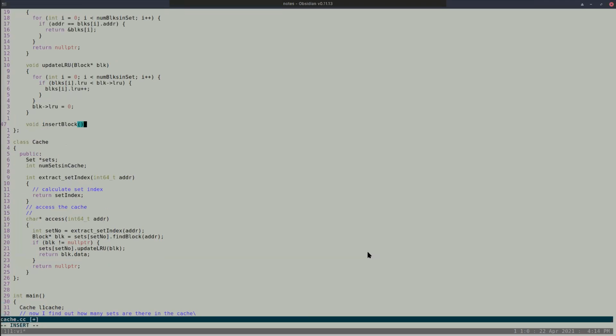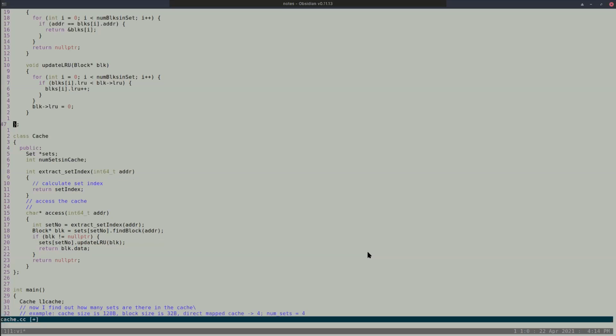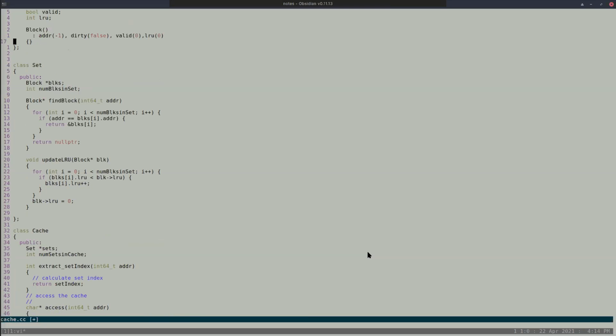And this insert block will be called when I bring a block to the CPU from this particular set, right? So I bring it. Then I will have to call the LRU policy and figure out what this is. So this can be built on and on as functions, but these are all just functions. So you're just simulating the cache. But by doing this, you will understand how it actually works in the CPU also, right? Of course, not exactly the way it works, but more or less it works this way.